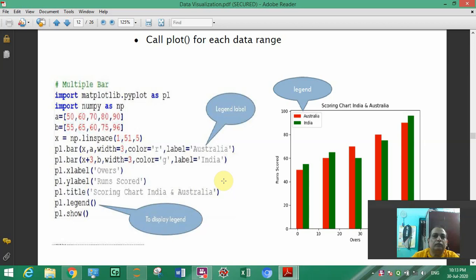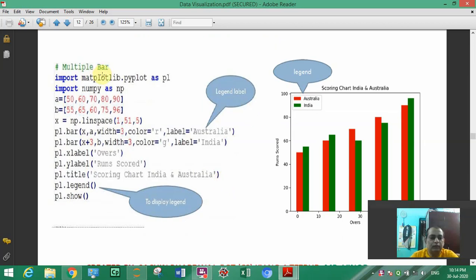Here you can see matplotlib and pyplot have been given, and suppose we have to compare marks of 2 students or 3 students, then we will create a list of marks for 2 students and we will create the bar for each list separately.